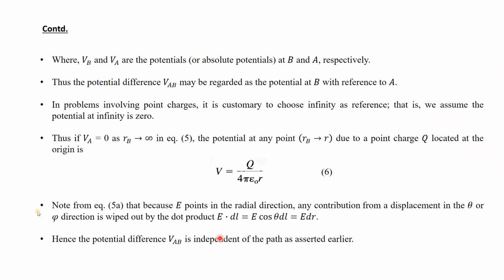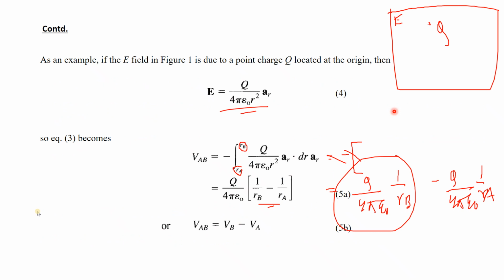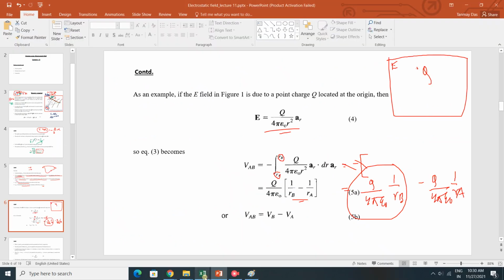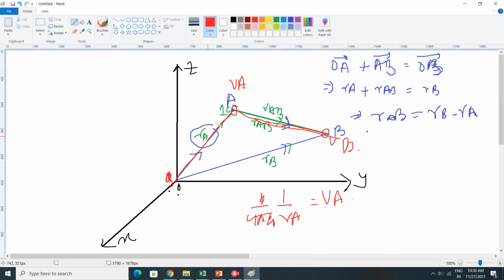So where VA and VB are the potentials at the points, thus the potential difference may be regarded as the potential at B with reference to A. Difference means with reference to A. In problems involving point charges, it is customary to choose infinity as reference. That means for a point charge, if you want to measure the potential at a point,